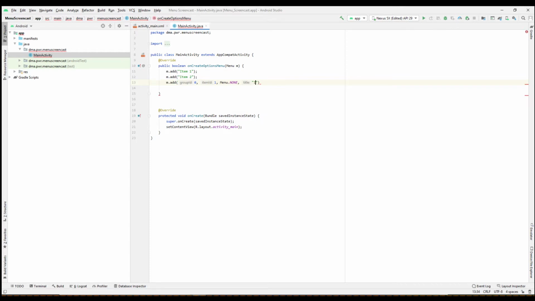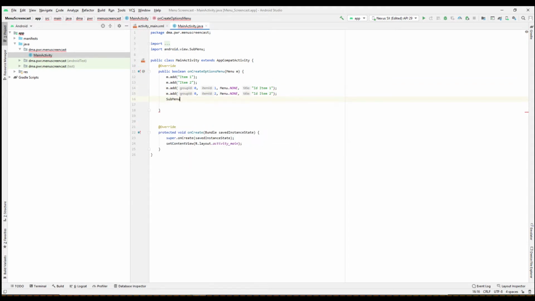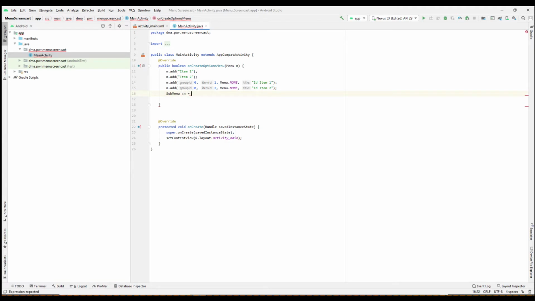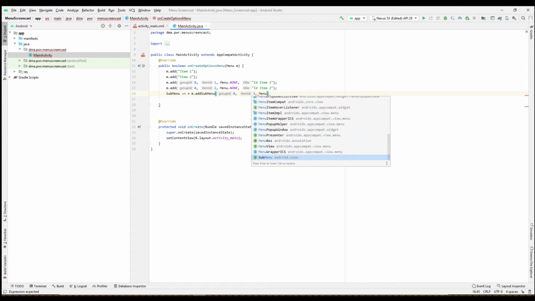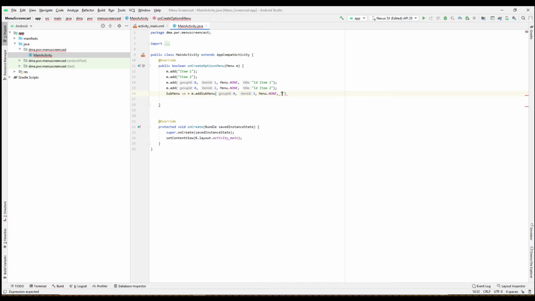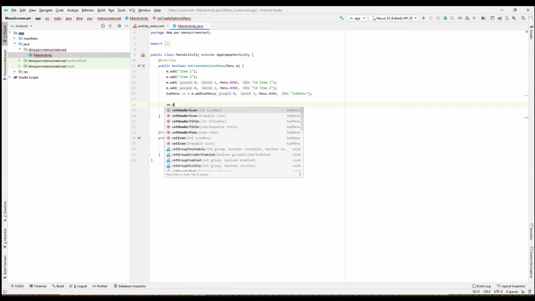So ID item 1, and then we're gonna add ID item 2. So we're gonna have 4 items here. And one submenu, and I'm gonna take this submenu here, and this will be add submenu. It will also have a group ID and an item ID. Submenu. Yeah, so we get a submenu as a result of this call,